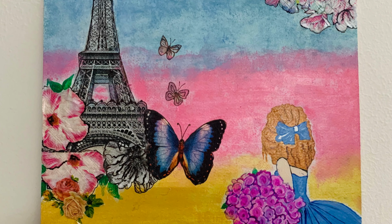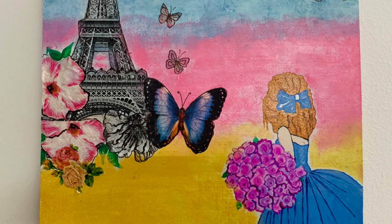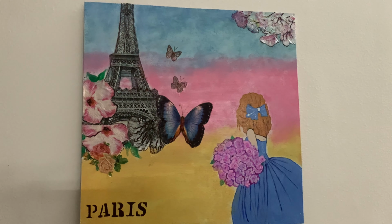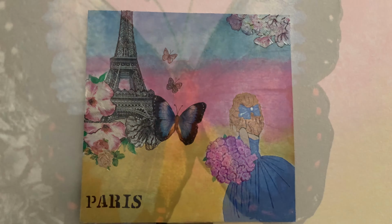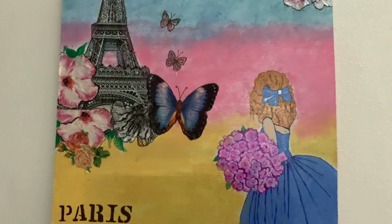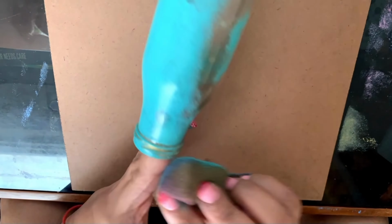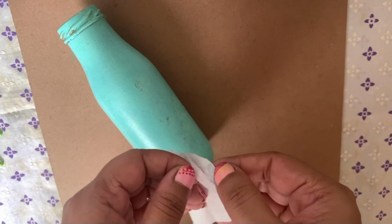And this is how my decoupage art of Meet Me in Paris looks. I think it looks gorgeous. I'm really loving it. And for the final coat, I did a coat of varnish to seal everything together and make it look glossy. Moving on to DIY number 2, I'm going to do a bottle art,